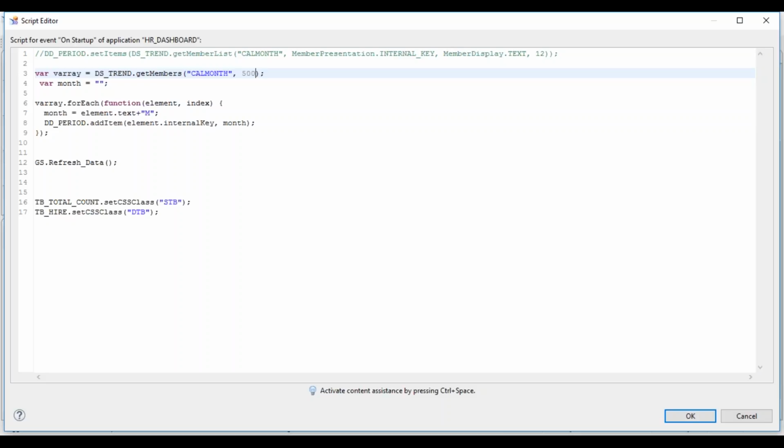No, but this will not make any difference, right? If you put 5,000 and you are fetching just 2 records, it will not degrade your performance. So you can put 5,000 also. There is no issue. And definitely you will not have that many members in your data source which you want to display in the drop down. You will not display 1,000 members in a drop down. It will become very difficult for the end user to select from 1,000.